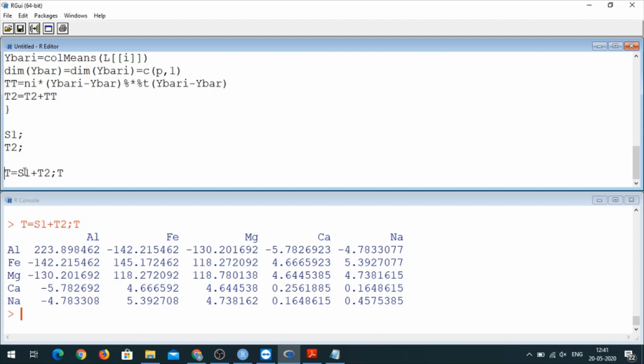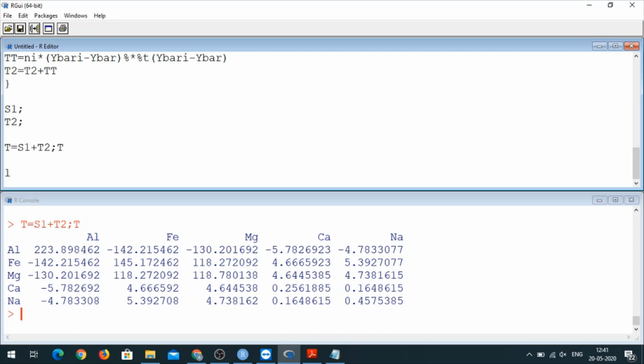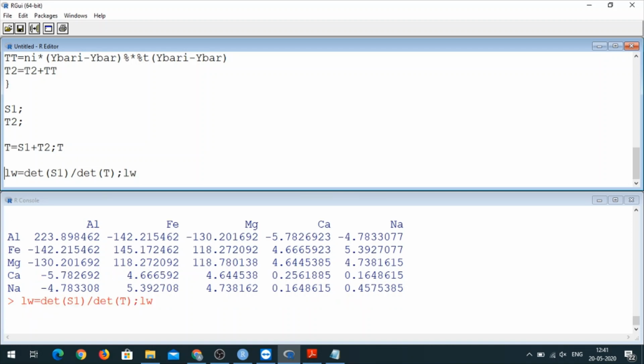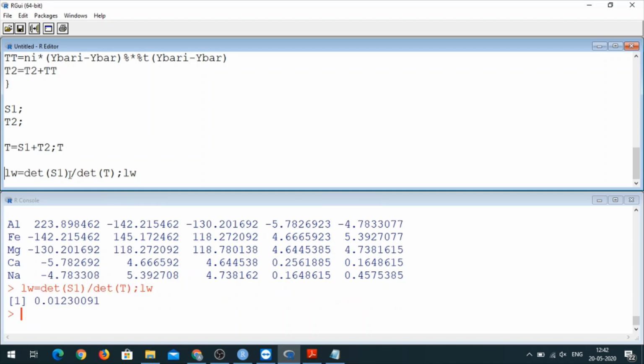And my lambda W is determinant of S1 upon determinant of T. So lambda W, let me call it LW, Wilks lambda, that would be determinant of S1 divided by determinant of T. So this turns out to be the value. Remember, it should always be between 0 and 1, because my T matrix already consists of S matrix. So if you are getting a value beyond 0 and 1, then it might be a problem. So this is my lambda W.